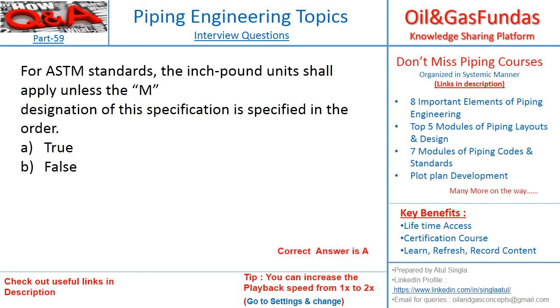So this is true. Unless the purchaser mentions M in the purchase order, the manufacturer will consider it as inch pound. Okay, so there are two systems, metric or inch pound unit system. Unless it is mentioned in the purchase order, inch pound is the default one. So the statement is,